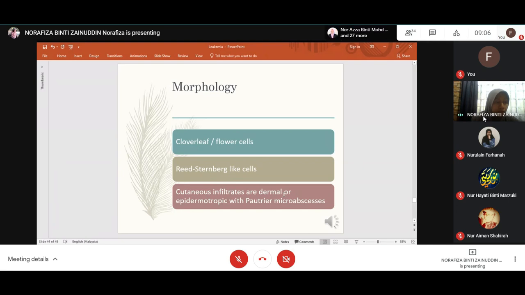So the morphology. All right. So the morphology is granular basophilic cytoplasm, multilobated nuclei. Yeah? It will form a pattern like clover leaf or flower cells. You can see that under the microscope. Okay, and also there will be thick nuclear membranes, coarse chromatin, distinct prominent nucleoli. So in Hodgkin lymphoma-like cases, there will be Reed-Sternberg-like cells,